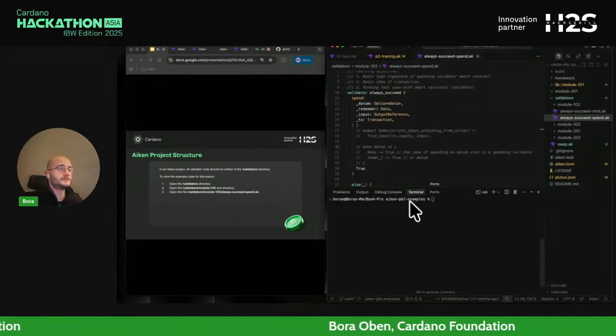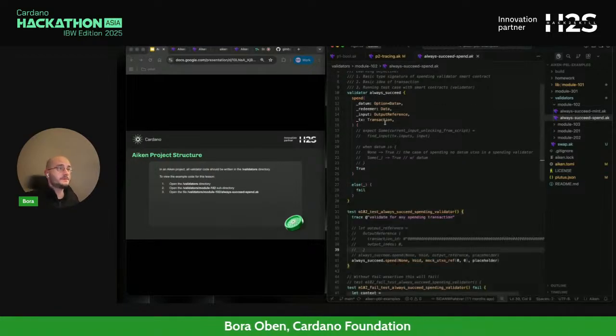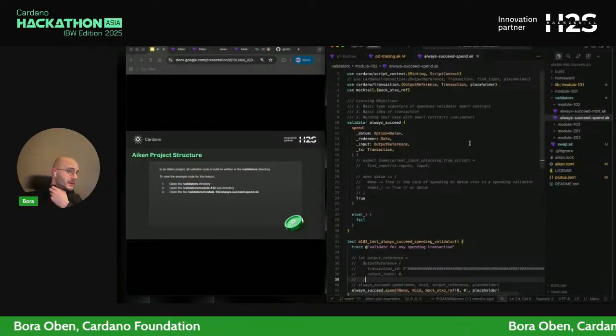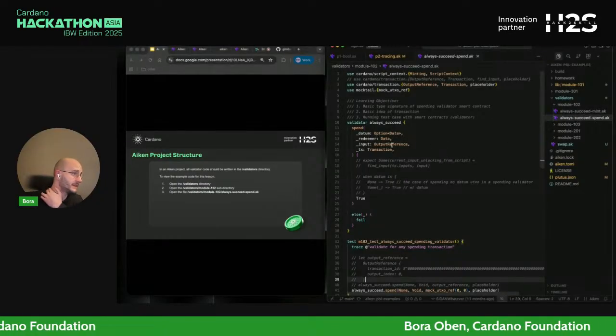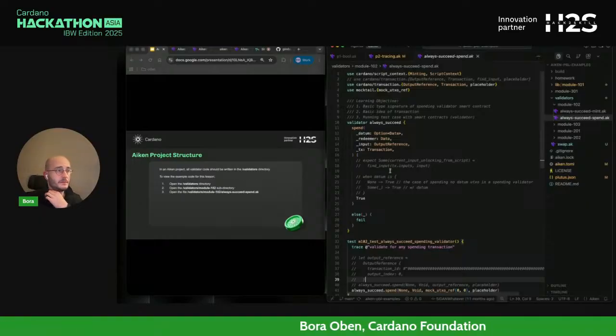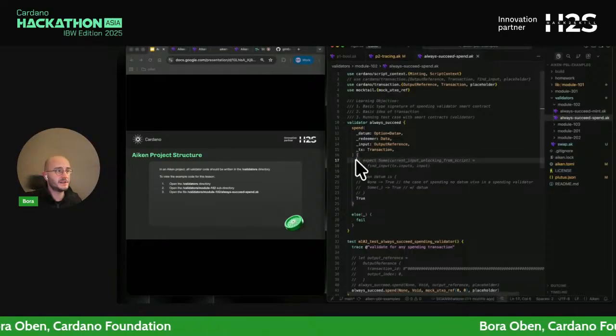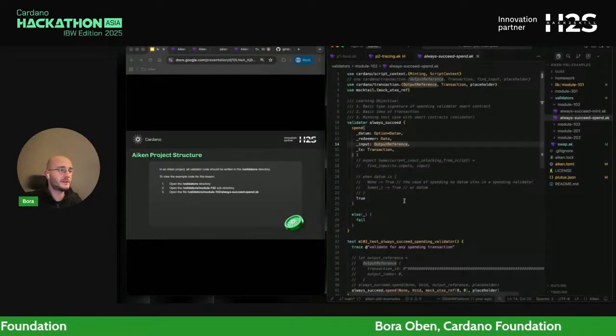Let's close the terminal. There is more meat to the bone in this one. The always succeed spend validator is the essential bare bones of a spending smart contract. As you can see here, it doesn't have any on-chain logic yet because it's commented out.